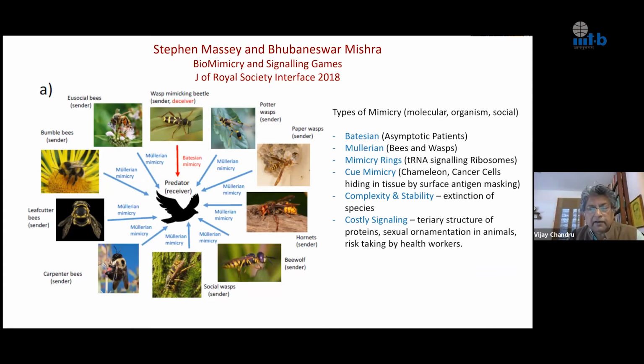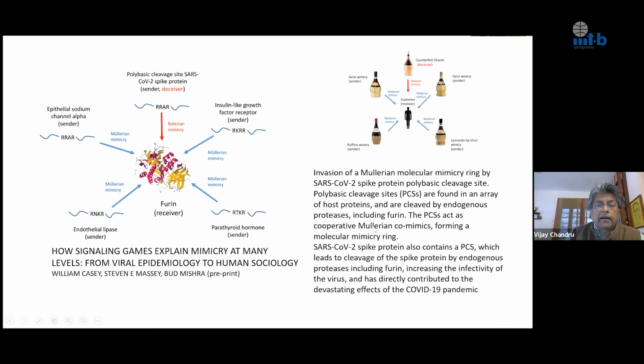because in a hospital or in an environment where there are many patients and so on, this can get to be a serious problem. And that's why you need all those PPEs and so on. So it turns out that if you look at the SARS-CoV-2 virus itself, it again uses mimicry of various kinds, and the analysis of that has been presented recently by the same guys, Massey and Bud Mishra, but this time joined by a game theorist, William Casey, and I've been just reading their preprint on this,